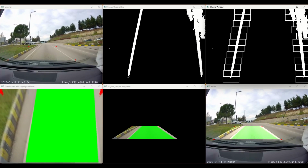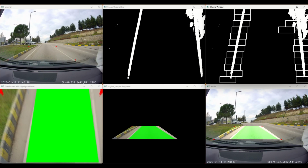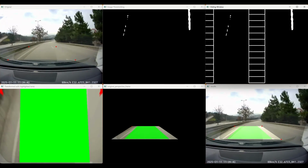Using this data, contours are extracted and a sliding window technique is applied to track the lane markings across the frame. This approach allows for the detection of both straight and curved lanes by fitting a smooth line through the detected segments. Finally, the identified lanes are overlaid on the original frame using weighted image blending, resulting in a clear and visually integrated lane